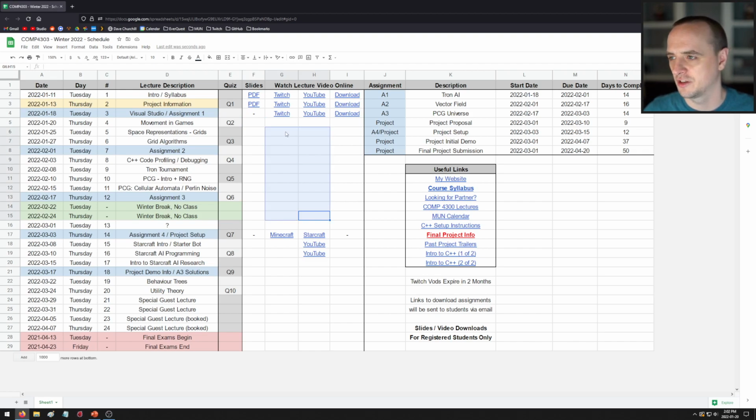The quizzes are literally open book. You can just go look at the information. The first quiz was all about, like, what are some passwords, where do you find this information, a little bit of the actual stuff from the lecture. But quiz number 2 is also going to have some of that flavor in it. So stuff that you needed to know to set up Assignment 1, and then stuff about today's lecture, which is about movement in games.